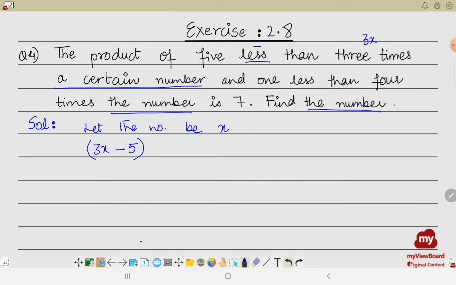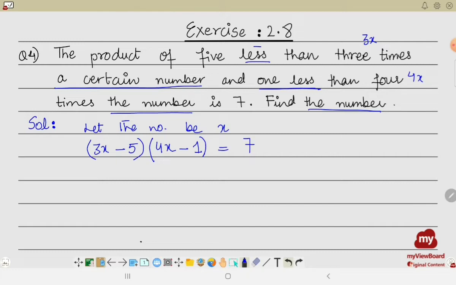And then 1 less than 4 times the number. 1 less than, 1 is being subtracted from what? 4 times of that number. So it will be 4x. So you have 1 less than 4 times the number, and this product is given to be as